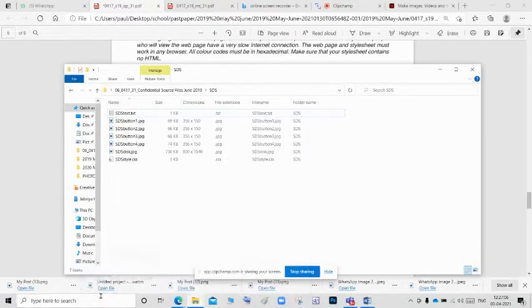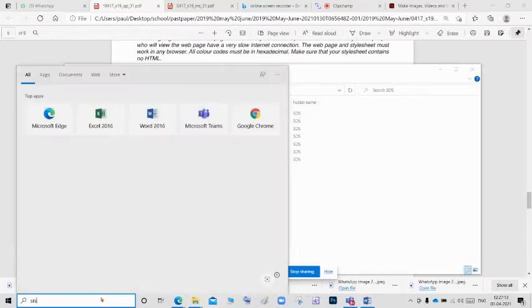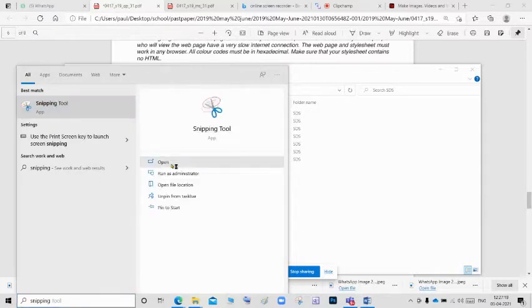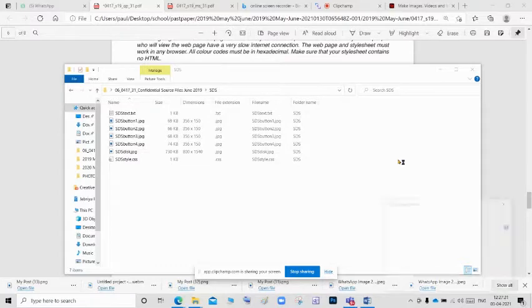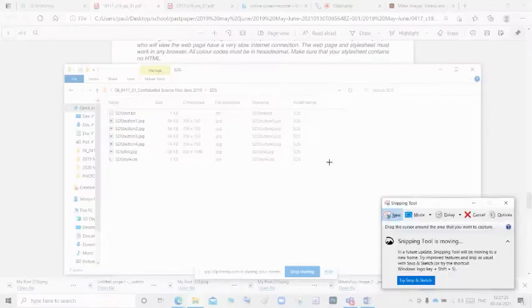You go to the search and type snipping tool. Yes, snipping tool. So I'm going to open the snipping tool and go to New. Sometimes it will be a plus. Sometimes if you click free form, it will be like this. So first go to Mode and check what mode it is. So click the rectangular snip.